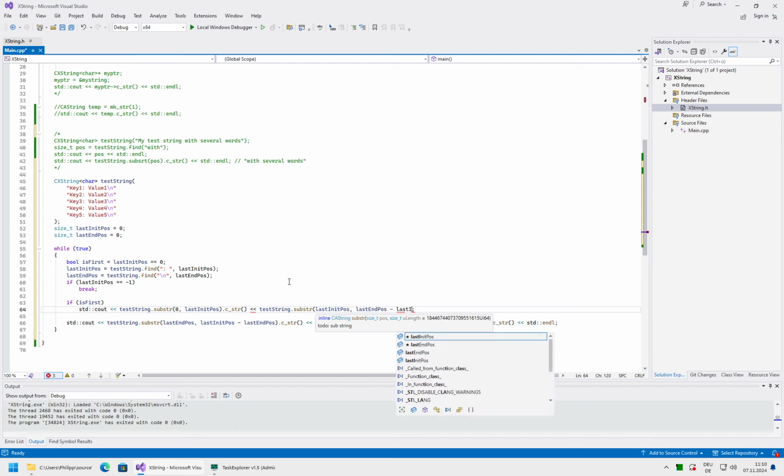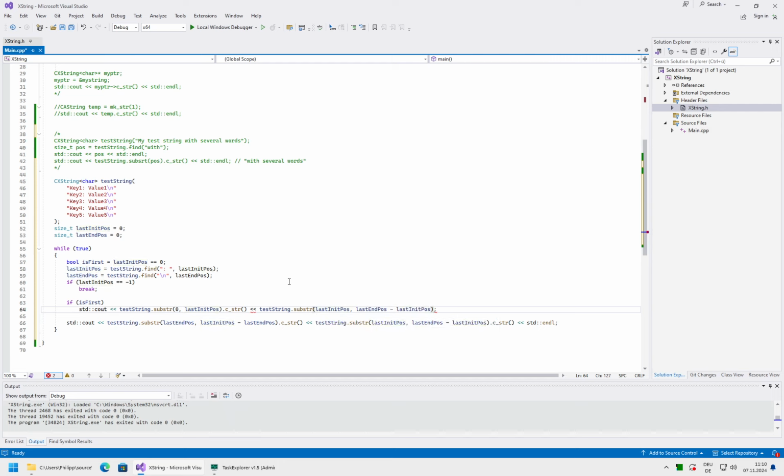Are you trying to print a key and value both each time? Okay, then run it.